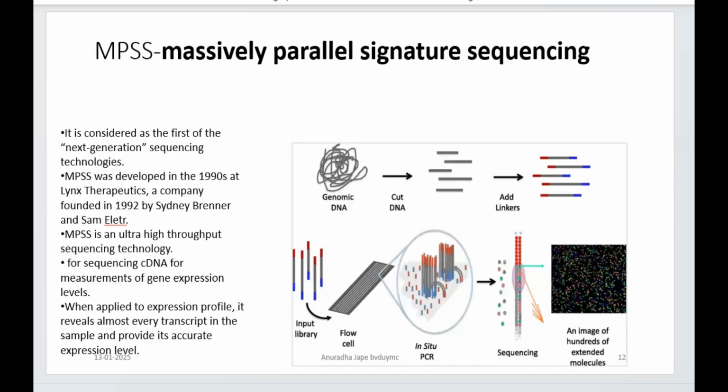So you are going to have the RNAs. From those RNA, you are going to synthesize cDNA, and that cDNA will be sequenced. For that, it is to be amplified. So PCR is going to be a part of it. But what more you are going to have is the input libraries, construction of library, the flow cell, then in situ PCR, then sequencing. That is how the steps are very parallel to what we talked about till now.